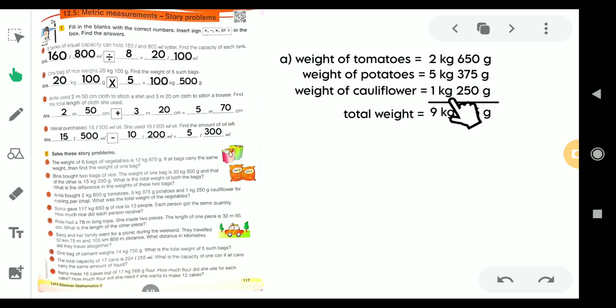It is C, but it is written as A, so you make it C. Next it is